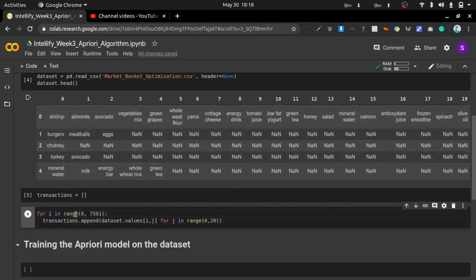Suppose the i value is 0, so this value will get into i, and then j will traverse through all the column names. So I will be accessing i comma j. Suppose j's value is 0 and i's value is 0, then I am accessing this value and I will append these values to transactions.